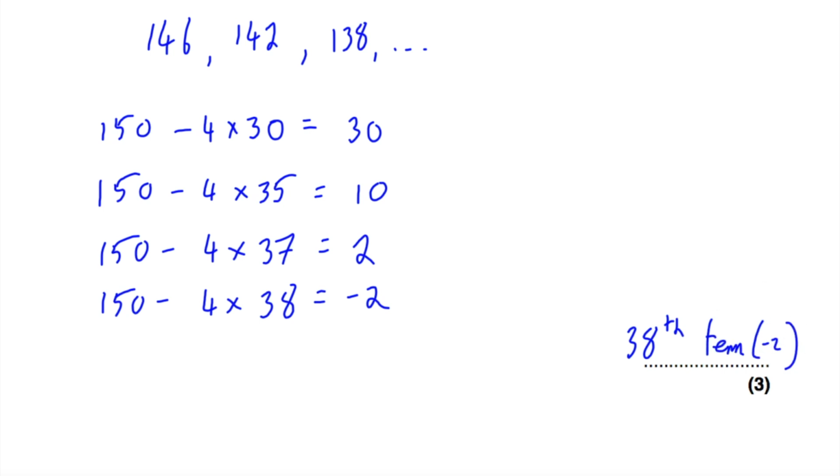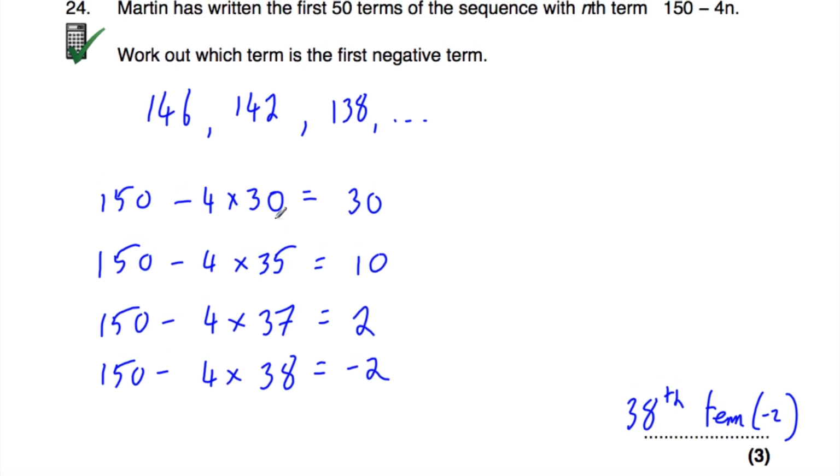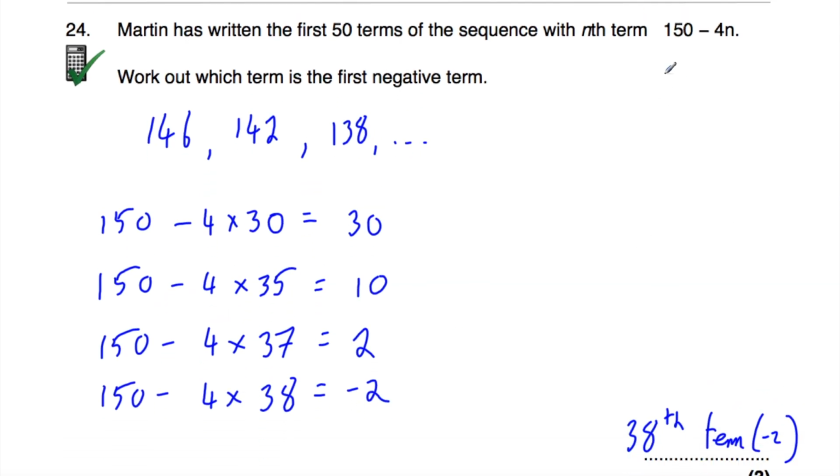And that's it. So with this question, what I did was I used trial and error, just trying different values for n. I tried 30, 35, 37, and 38. And I found that 38 was the first negative one. So that's one approach. Now there's another approach, and that's to consider, well, the sequence starts off being positive, and